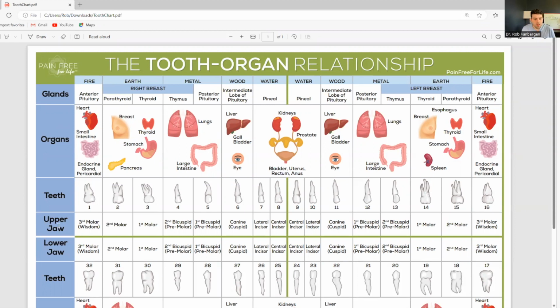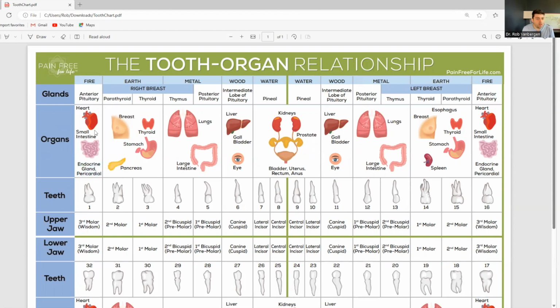So you'll see here that you've got your division of your upper and lower jaws, right in the middle of the document here. This is going to tell you the different teeth based on positioning and also the names, if you happen to know the names of the teeth you're dealing with, like the lateral incisor, the canine, etc. If you work from the middle up, you're going to be able to see what's going on. So for example, a wisdom tooth here on the upper jaw is connected to endocrine glands and